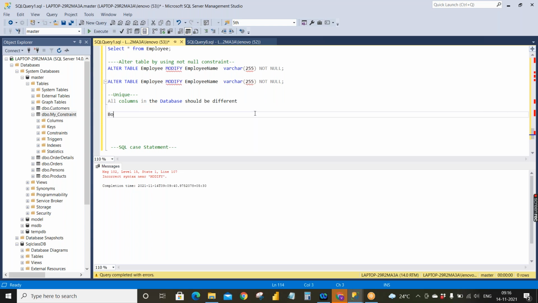I'll mention here both the unique and primary key provide uniqueness, but the only difference is